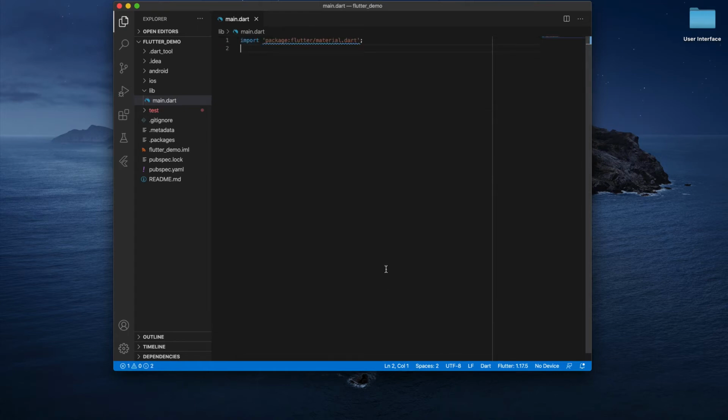I can make my own widget, but instead I'll place a material app. So let me create runApp at the beginning, void main.